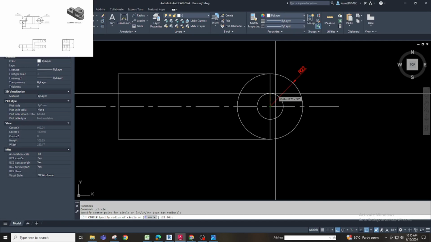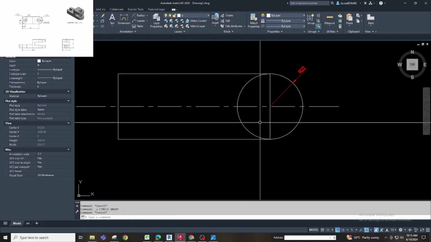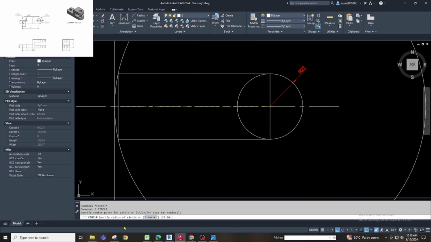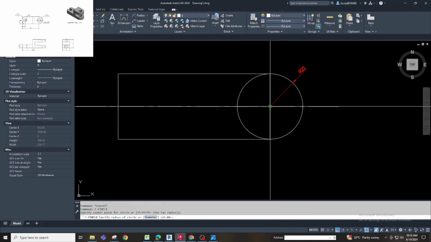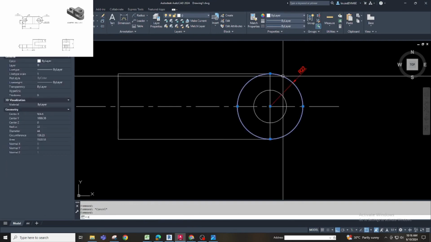So we will write R22. Oh my god, sorry. Make C and diameter. Sorry, its diameter is 22. D, it's 22. That's it.